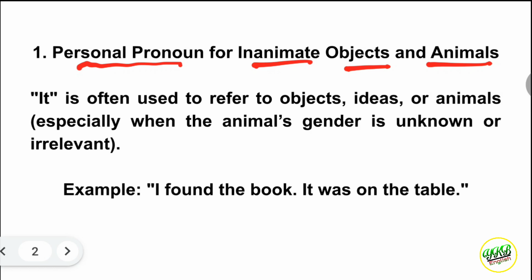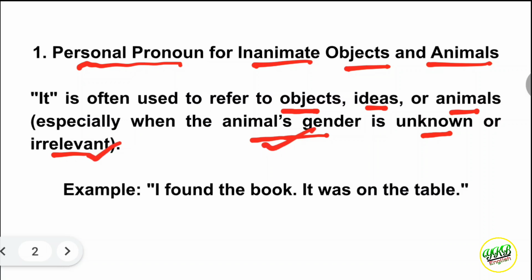It is often used to refer to objects, ideas or animals, especially when the animal's gender is unknown